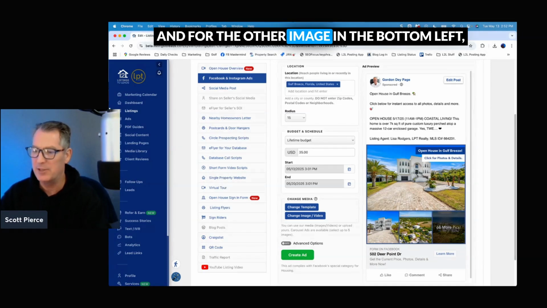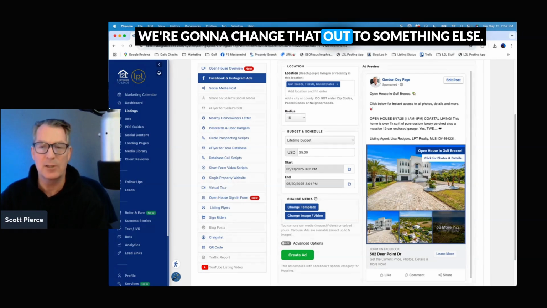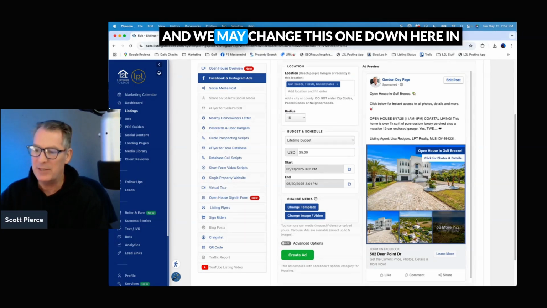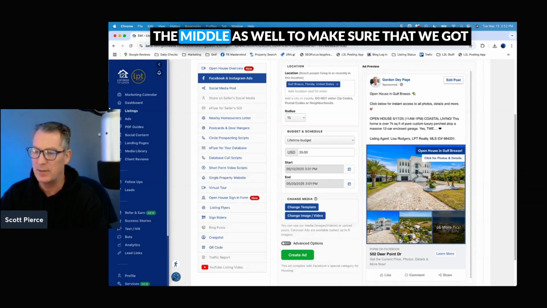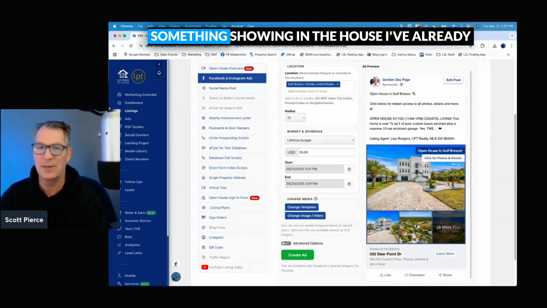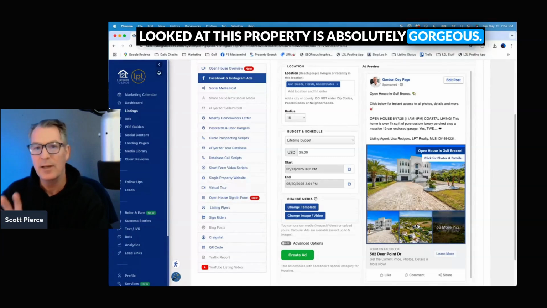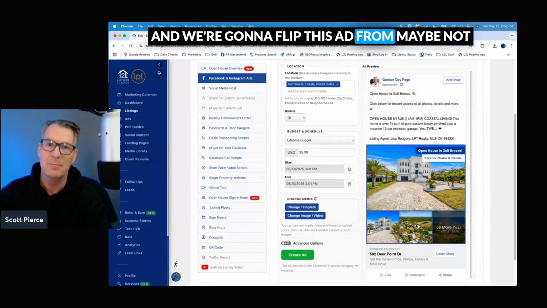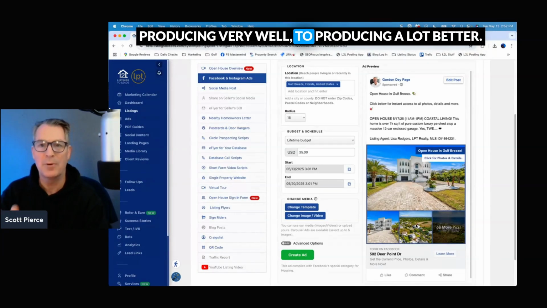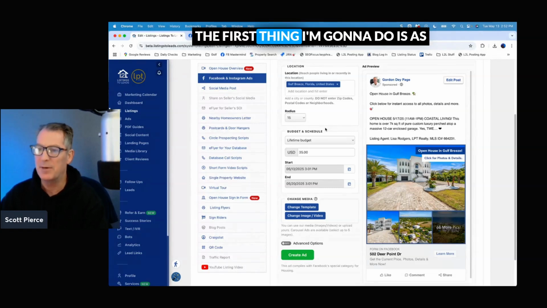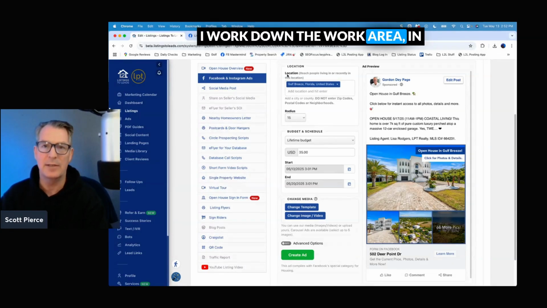And for the other image in the bottom left, we're going to change that out to something else. And we may change this one down here in the middle as well to make sure that we got something showing in the house. I've already looked at this property. It's absolutely gorgeous. And we're going to flip this ad from maybe not producing very well to producing a lot better. The first thing I'm going to do is, as I work down the work area in listings to leads for the Facebook ad,